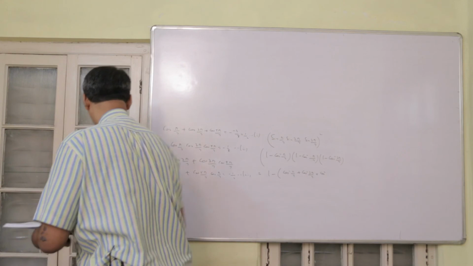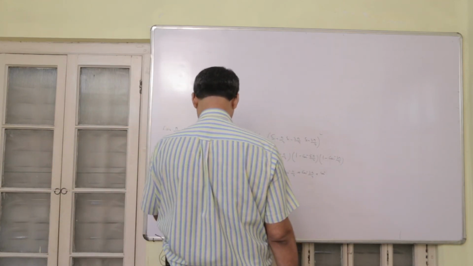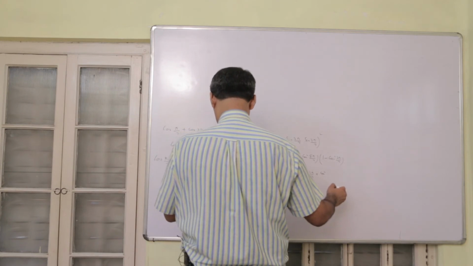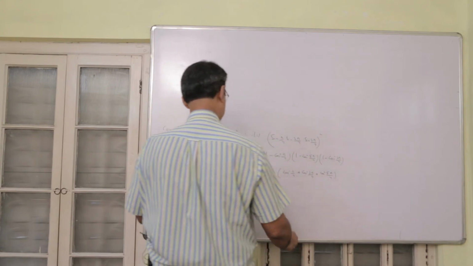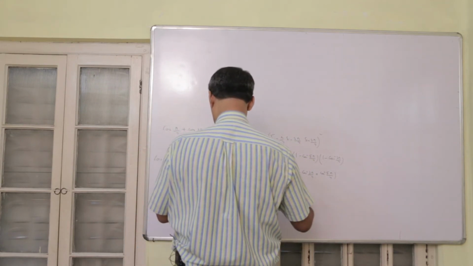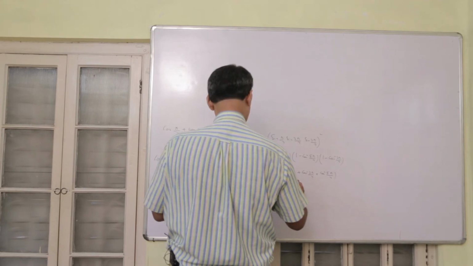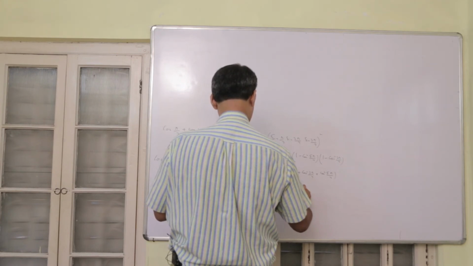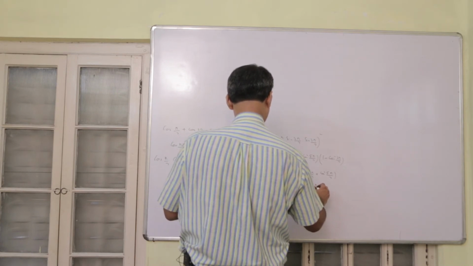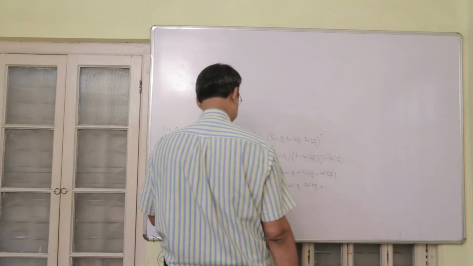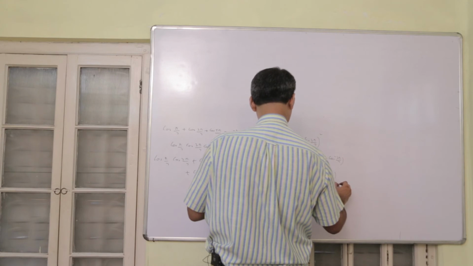Actually, sin square 2 pi by 7 can also be written as 1 minus cos square 5 pi by 7. So we will get 1 minus this plus cos square pi by 7 cos square 5 pi by 7